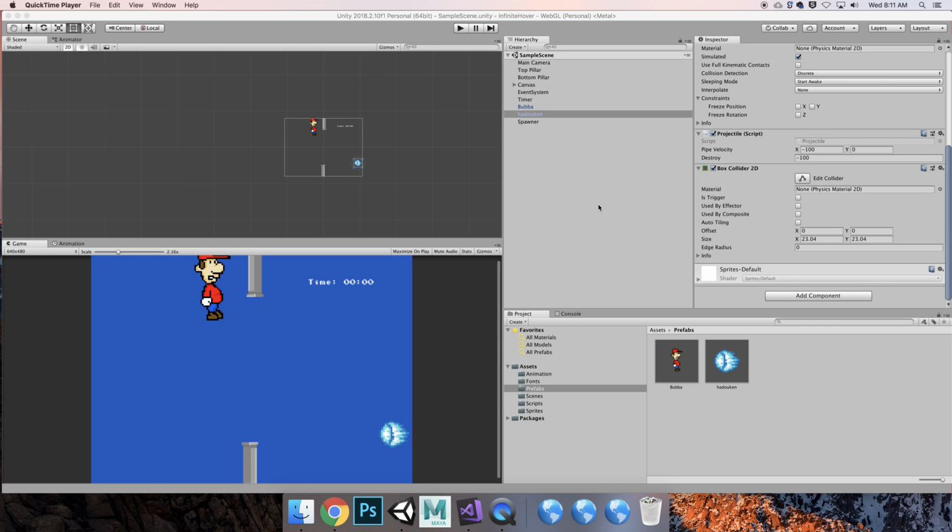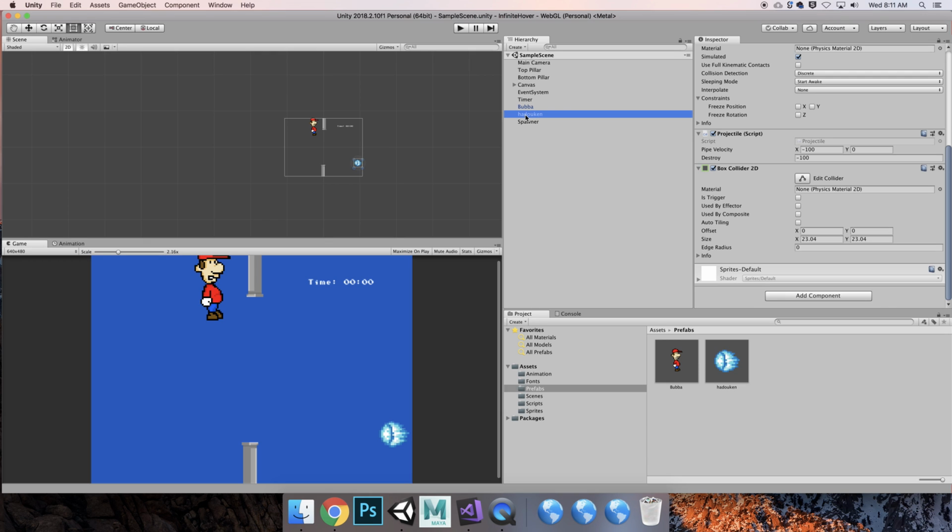Want to create a projectile, there's a couple steps that you have to take. First, you have to get your projectile sprite into Unity and add it to your hierarchy. What you're going to do is use the projectile script that I've added on the mod scripts